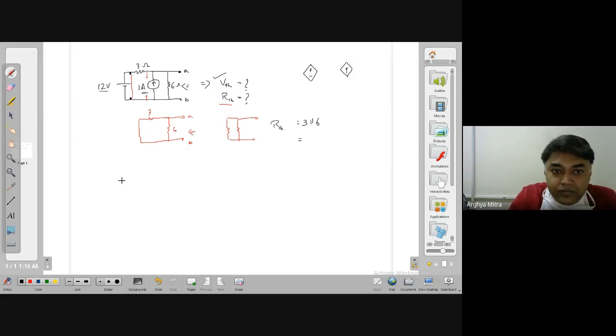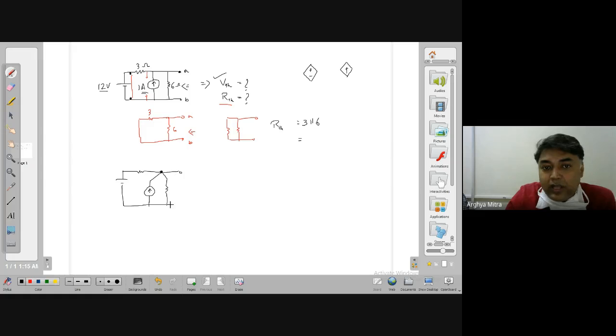Okay, so what is there? There is a voltage source, there is one resistance, and then at this node there are two things present. One is this current source, the other one is this resistance. And this is of course the reference node. So why am I representing it in terms of a node? Because in place of